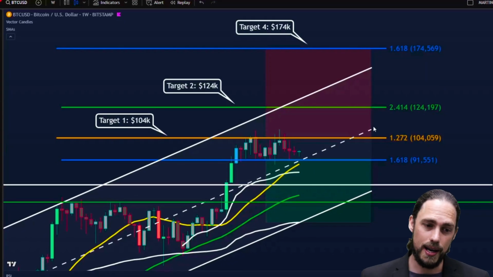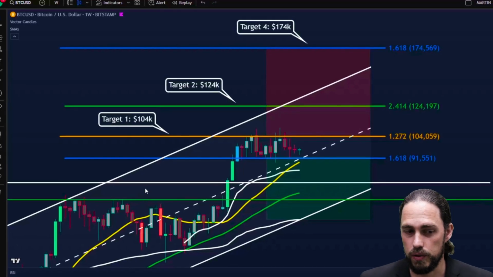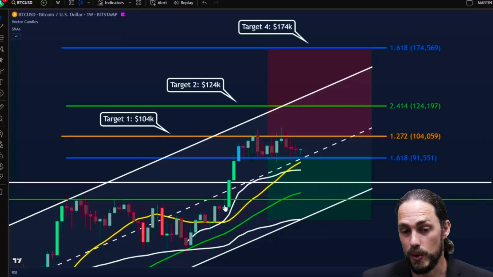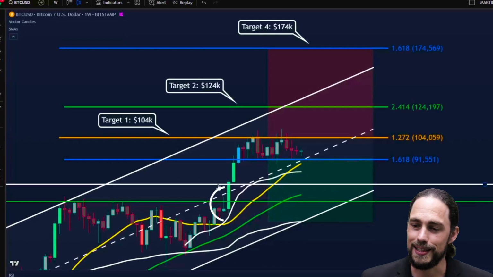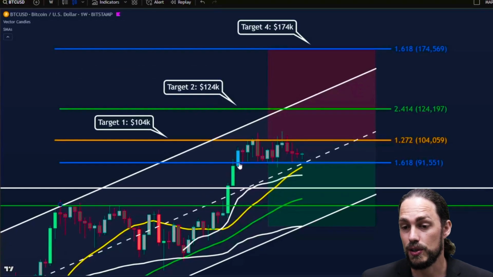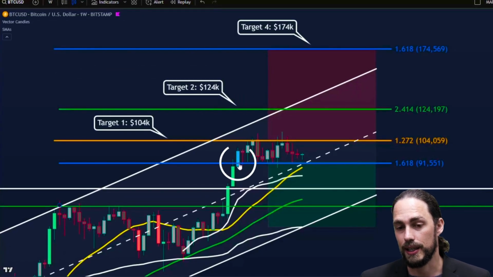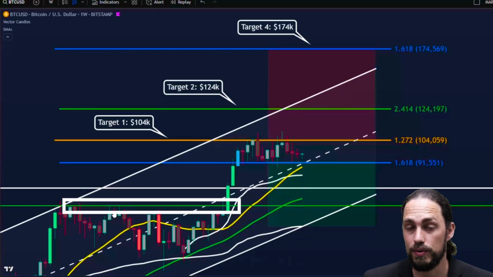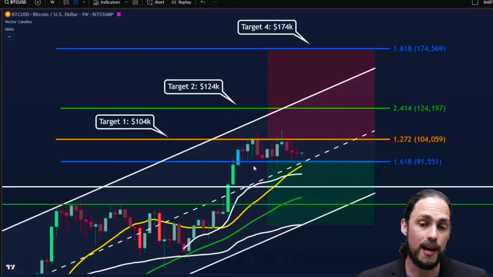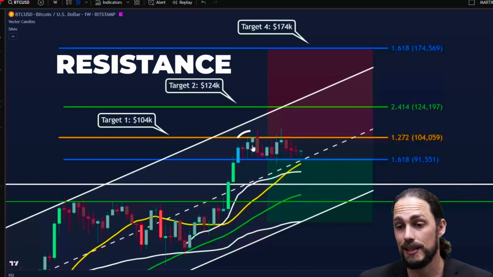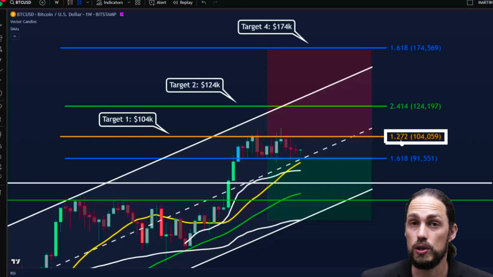Now, we've gone ahead and taken out our previous targets for Bitcoin, the first target being this previous pivot high as we had this breakout, and we also had the 5.3 theory at roughly 79 and this 1.618 Fibonacci extension that we were calling for as potential targets for this breakout of this bull flag that we printed. Now we can see that we have accurately moved up towards this resistance area here of the 1.272 Fibonacci